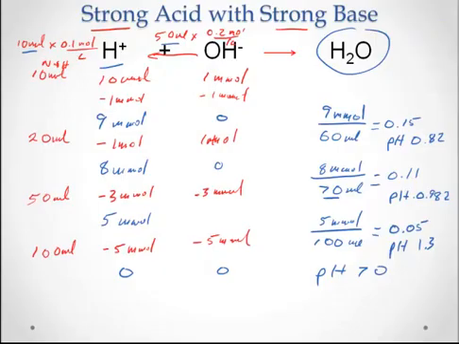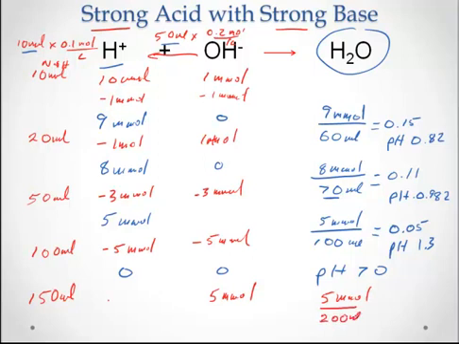Moving on. Let's see. We're going to add a total of 150. So I'm adding 50 more, right? You enjoying this yet? Yeah, I figured. Okay. Now, at this point, we're not even subtracting 5. What we're doing is all we have in our solution is 5 millimoles of base, right? There's no more H+, and all it is is 5 millimoles of base. And so now let's find the pH of that. 5 millimoles. Our total volume at this point is 200 mils. 200 mils. And that gives me a concentration of